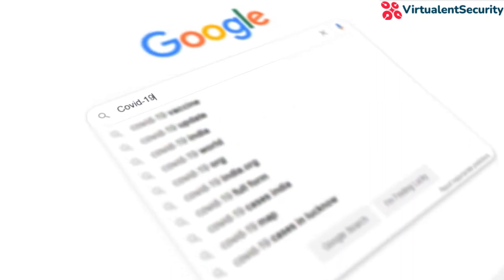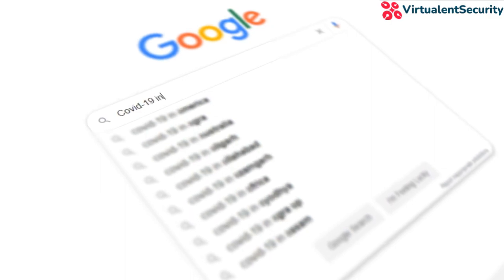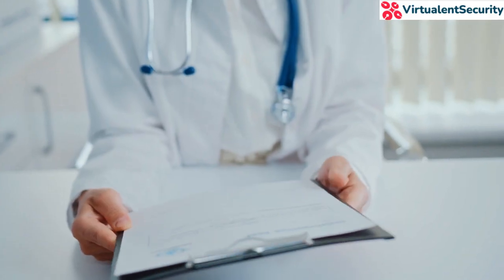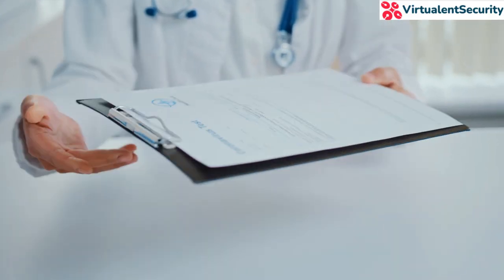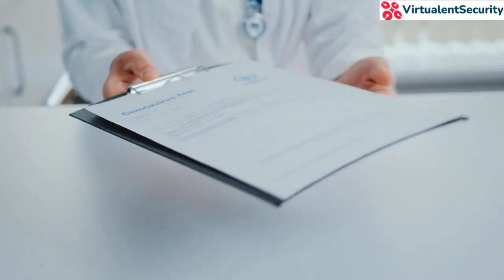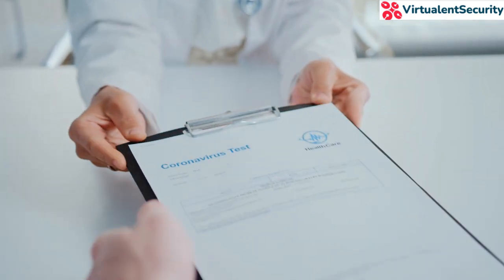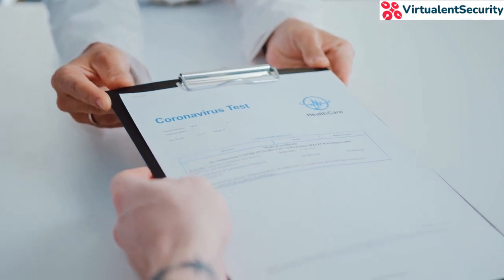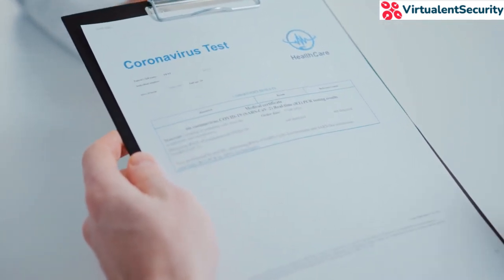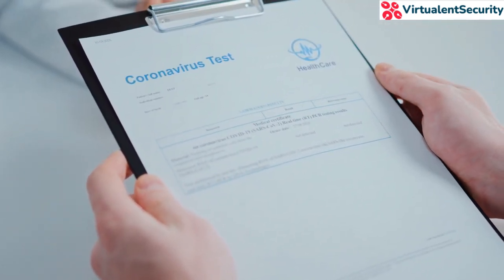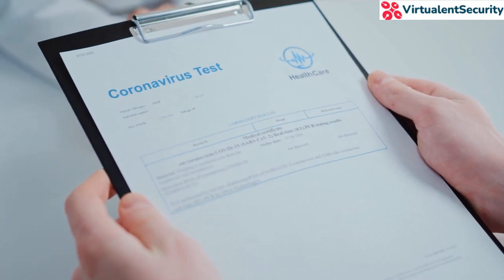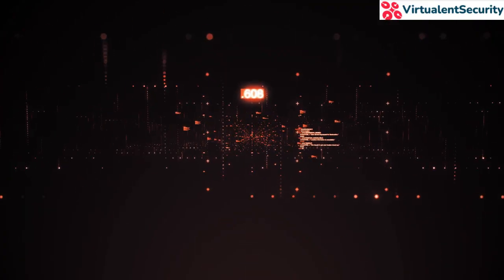Another example of a company misusing personal data is Google. In 2019, it was reported that Google had been collecting the health data of millions of Americans without their knowledge or consent. The data was obtained from the healthcare provider Ascension and was used to develop new tools for medical professionals. While Google claimed that the data was being used for a good cause, the fact that they obtained it without the user's consent raised concerns about privacy and data protection.